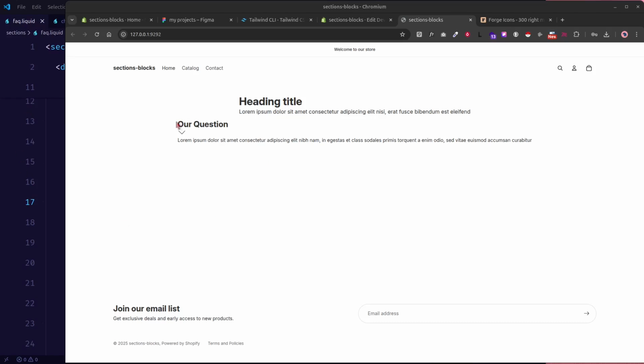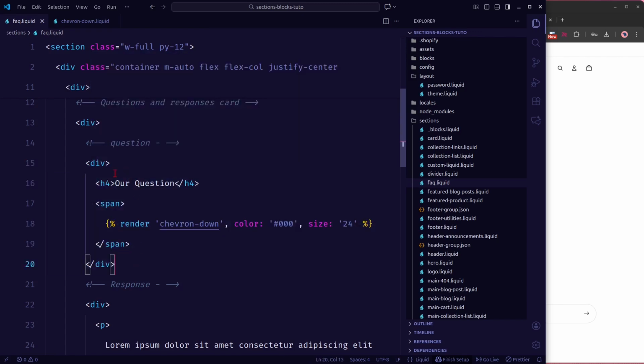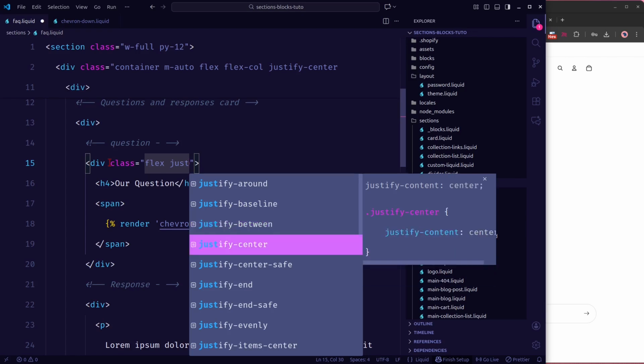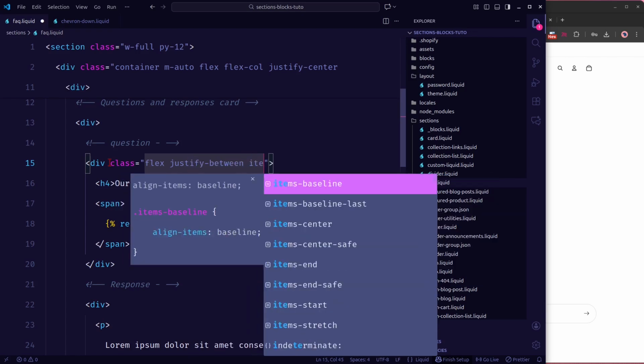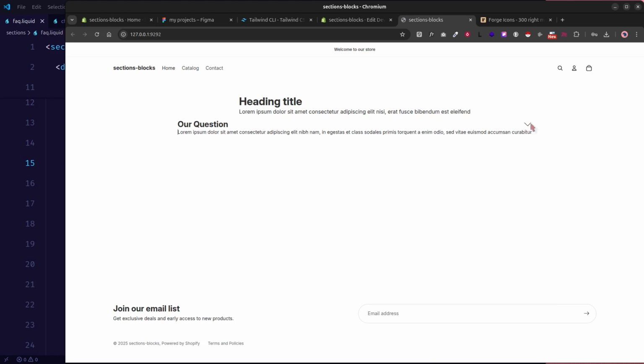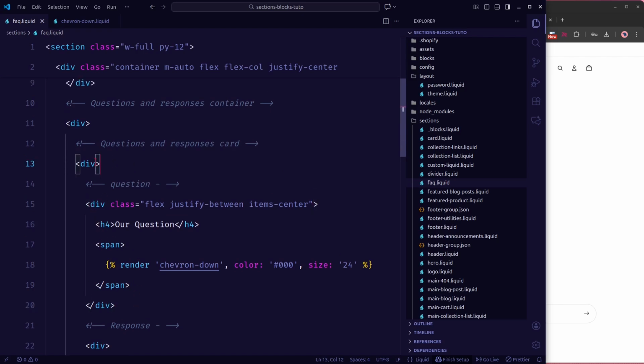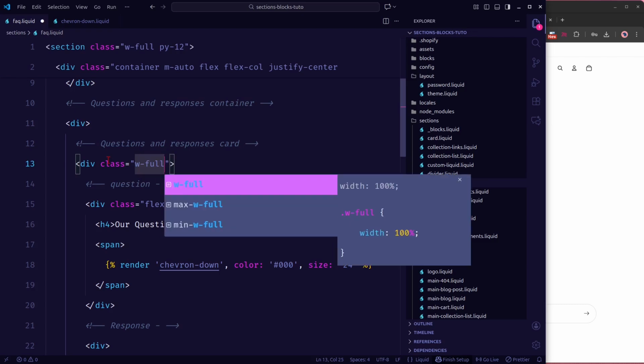All right, so now let's make these question cards look nice. I'm going to come first to this div and give it a class of flex justify-between, items-center, some basic CSS, so that is right here. Perfect. And maybe I will give this container a class of full for the small mobile,